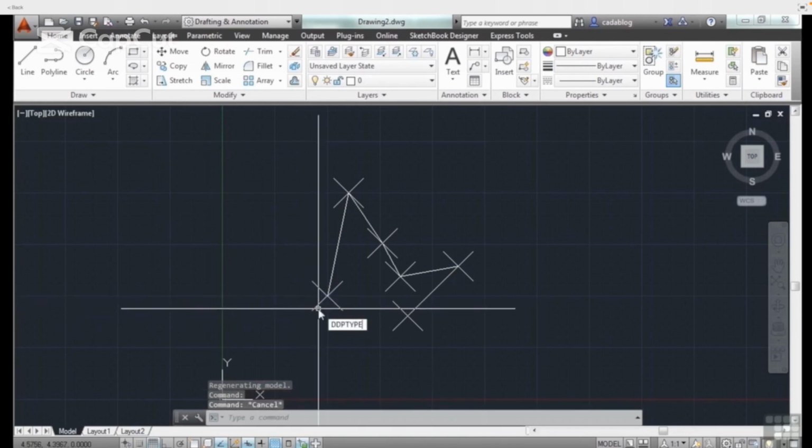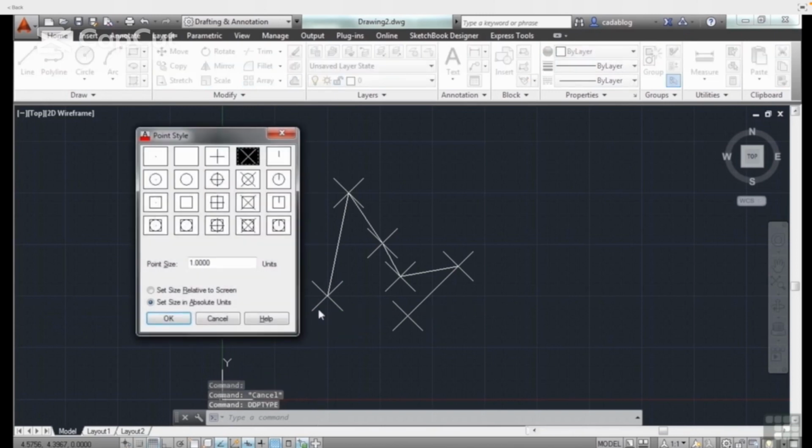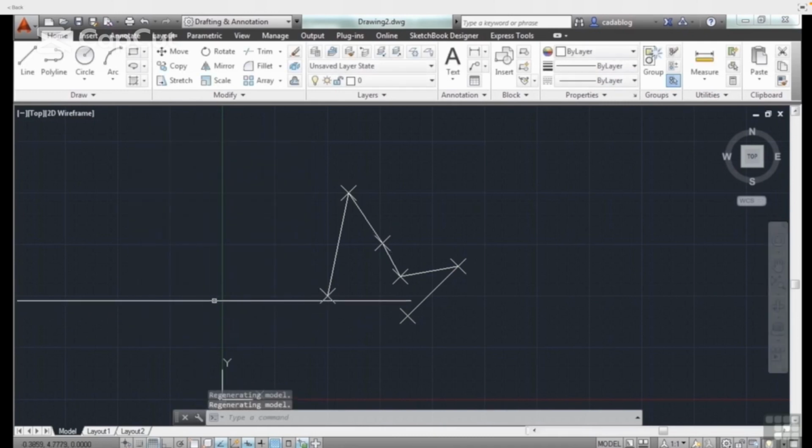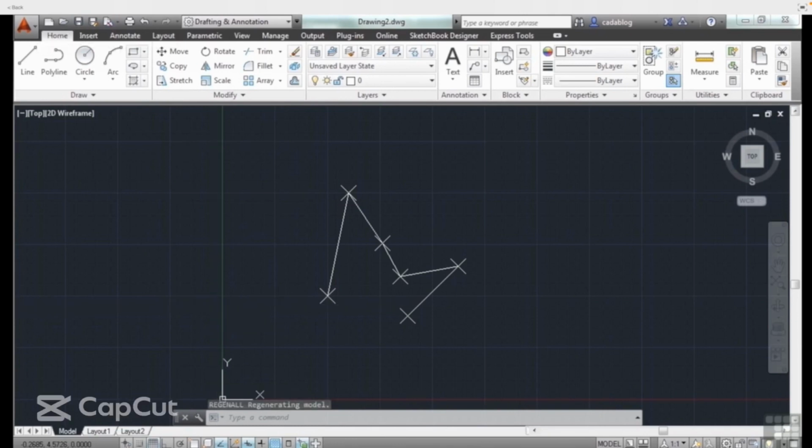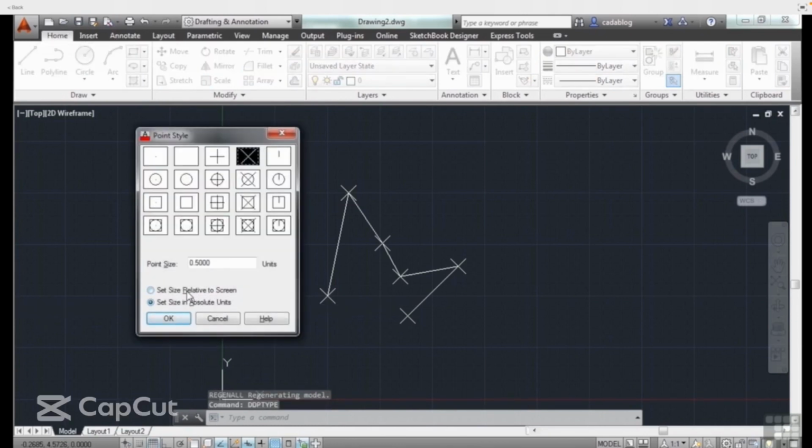So if we type in the DDPTYPE again, we can change the point size right here. And now they're a bit smaller. You might have to do a regen, REA, regen all, to visualize it. But there's another setting here, set size in absolute units. That will set the size of it and lock it in. So we have it at 0.5 units. So no matter how far we zoom in or out or what scale the drawing is at, it will be